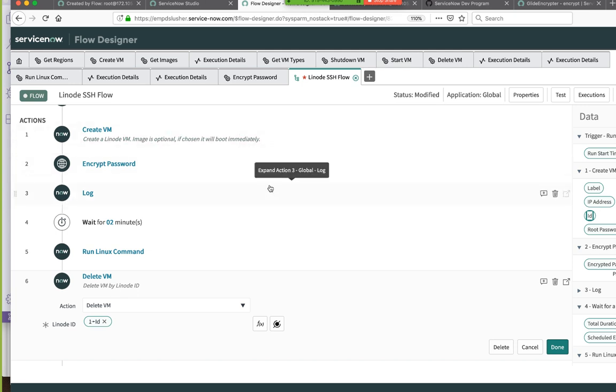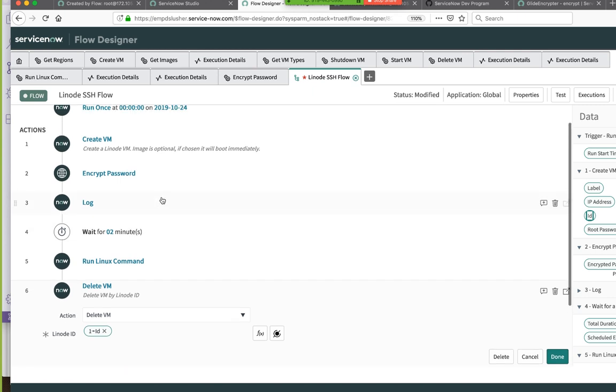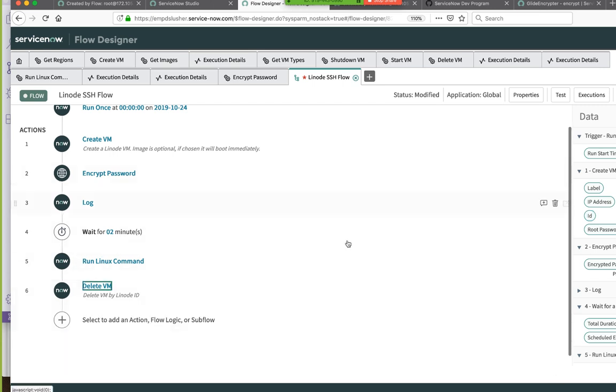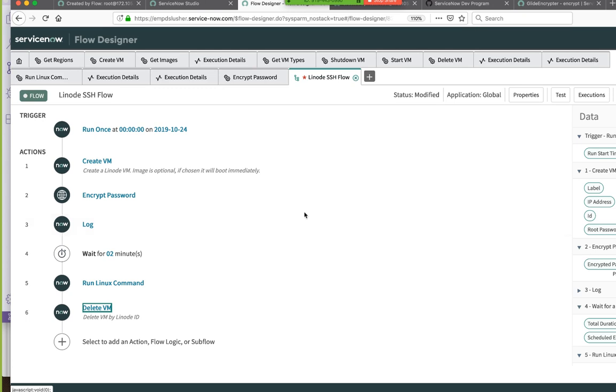This is how you would do this, right? You could do whatever you're going to do with the VM, whether it's run it for a day or something. This could have none of this stuff and just be: I have a VM I want for 24 hours. The wait for 2 minutes, pretend like that says 24 hours, and then shut it down. The end. Add a scheduled start time and stop time. This is feeling awfully like we should do this for our show VM. We might move it off of Google Compute, because we have a Linode spoke already made. Yes, there you go. That, my friend, is a great idea.